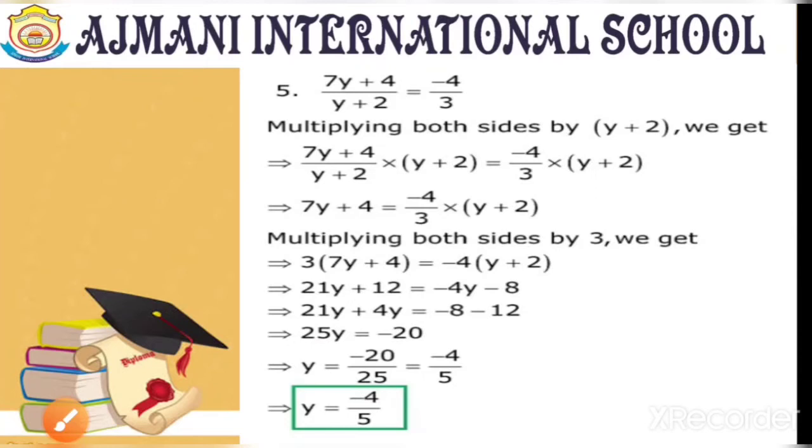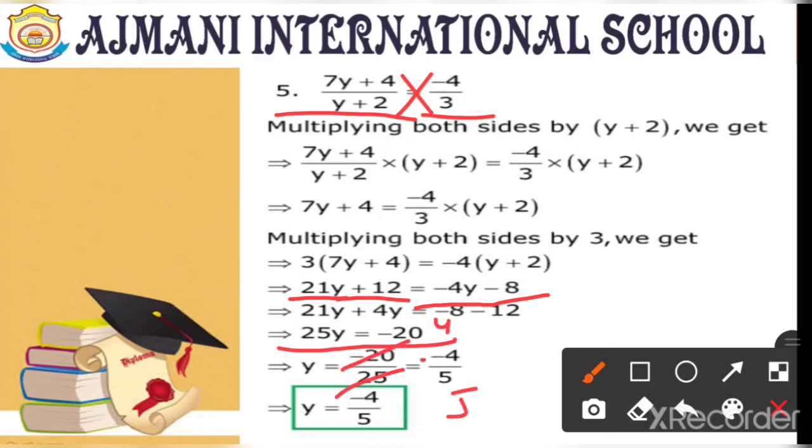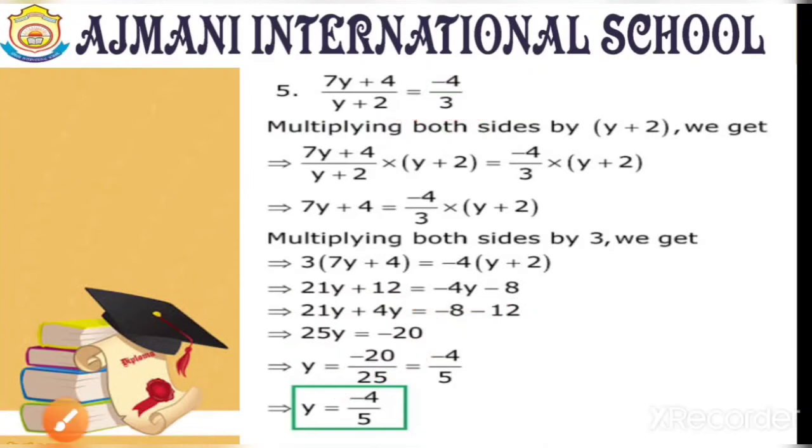Moving to the question number 5, that is (7y plus 4) upon (y plus 2) is equal to minus 4 by 3. So, cross multiplication would give you 21y plus 12 is equal to minus 4y minus 8. After putting the variables and constants separately, you would get 25y is equal to minus 20, and when you send 25 in the denominator of minus 20, both of them are multiples of 5. So, we will cancel them by 5. 5 4s are 20 and 5 5s are 25 with the minus sign. So, the answer is nothing but y is equal to